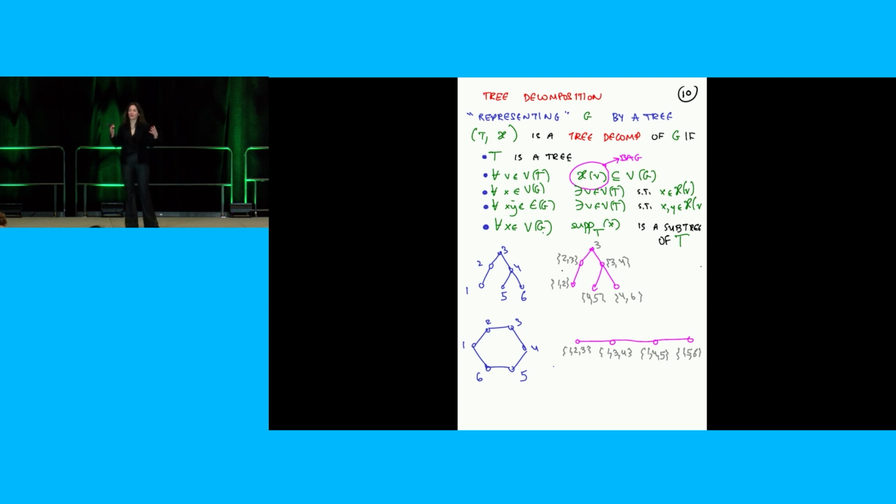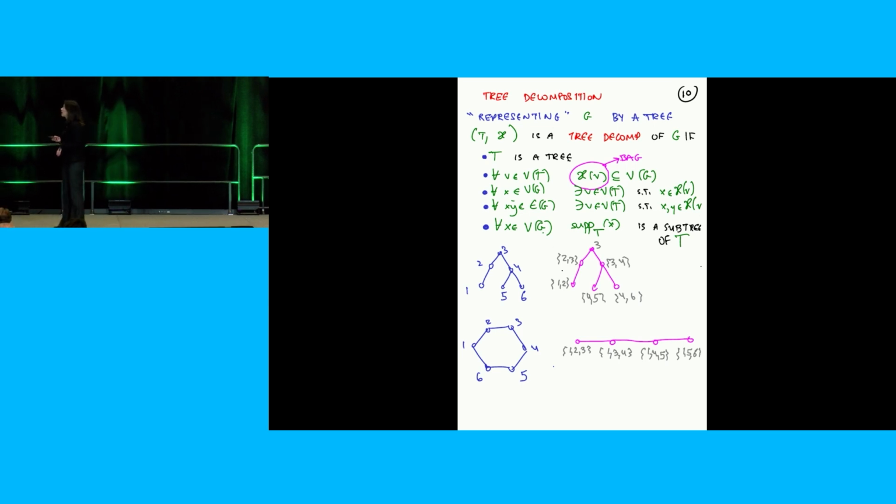So we won't note that. The goal is to say, I'm going to start with G, I'm going to put vertices in bags, and in such a way that the bags are much simpler than the graph G that I'm trying to represent. And we're going to discuss what much simpler means, but that's kind of the goal. So you represent by a tree, but so that you lost some complexity of your graph along the way. So what I want to do now is do a couple of examples, just because I'm going to be talking about this for the next 25 minutes, so it's good if we practice it a bit.